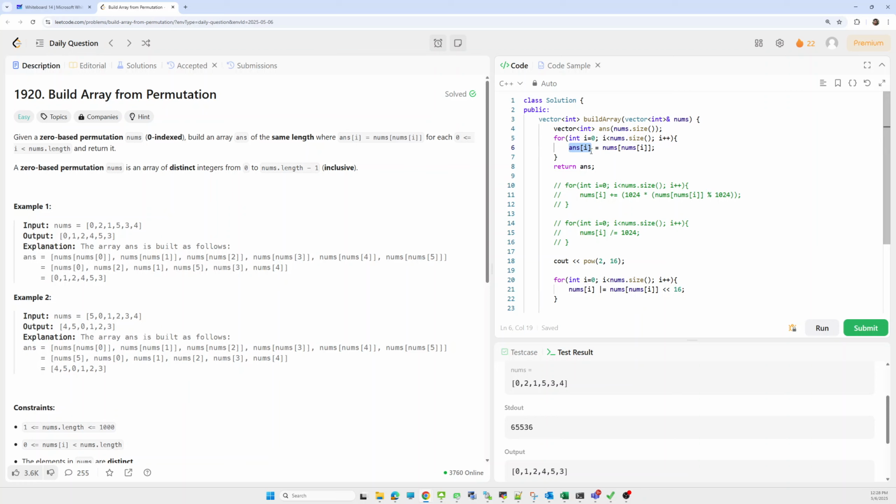This is the simple approach. But in this approach we have to create one more array, meaning extra space is needed here.